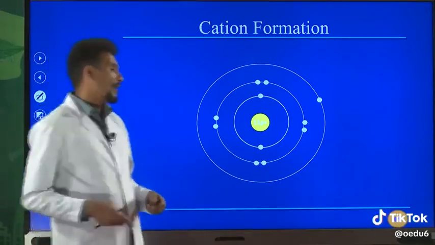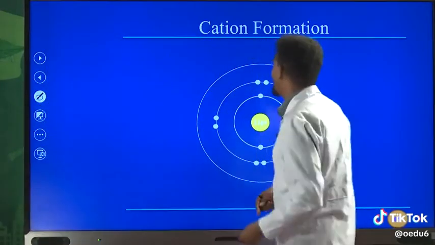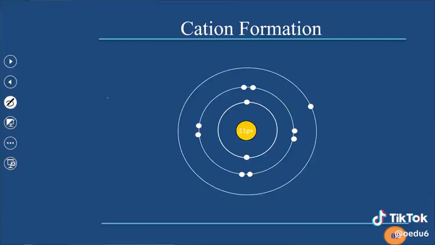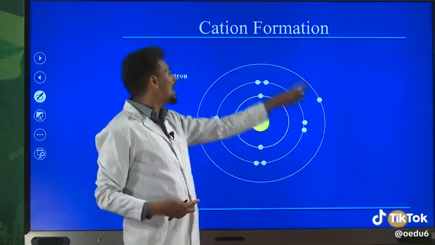Okay, let me show you how cations are formed. Look at this picture. In this picture, in the nucleus we have 11 protons. This is the number of protons for sodium atom, because we have one valence electron in the outer